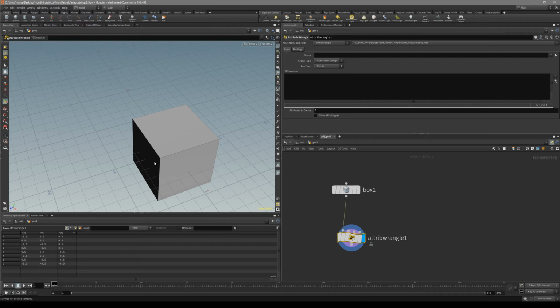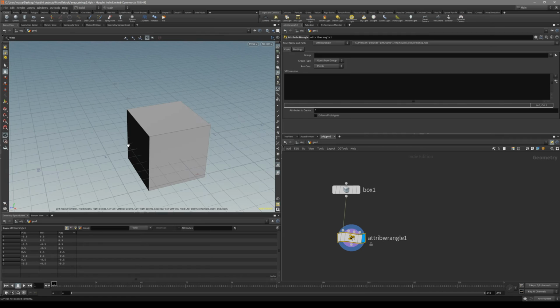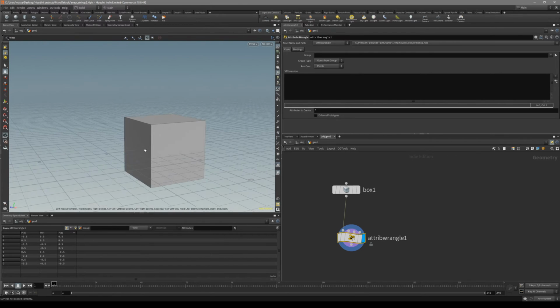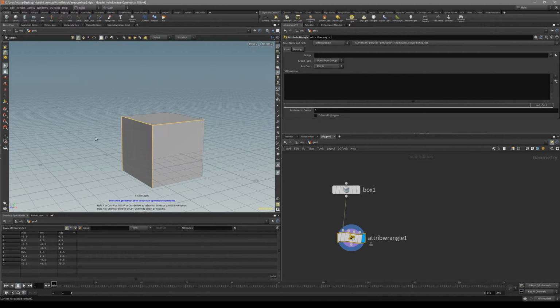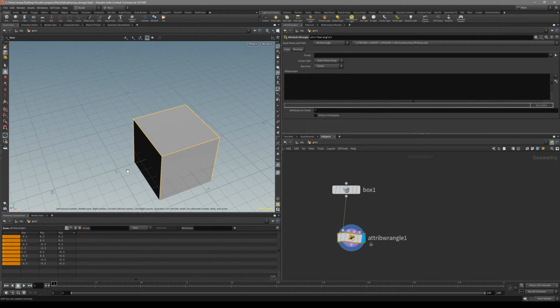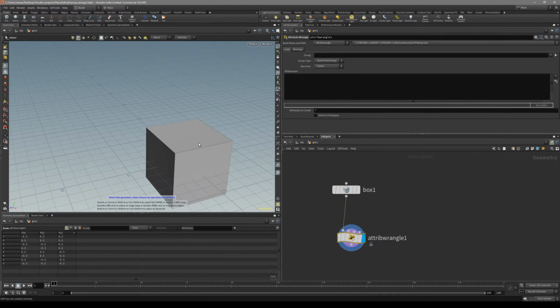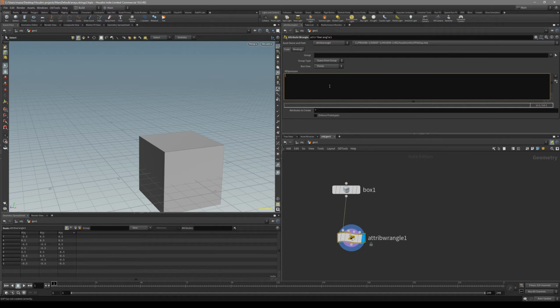Now let's look at a very important concept inside VEX, which is arrays. Arrays are going to hold our information inside VEX that we can then do whatever we want with. So for us to start with arrays, we have to understand how we can create them. So let's write, first of all, for the array to become an array,